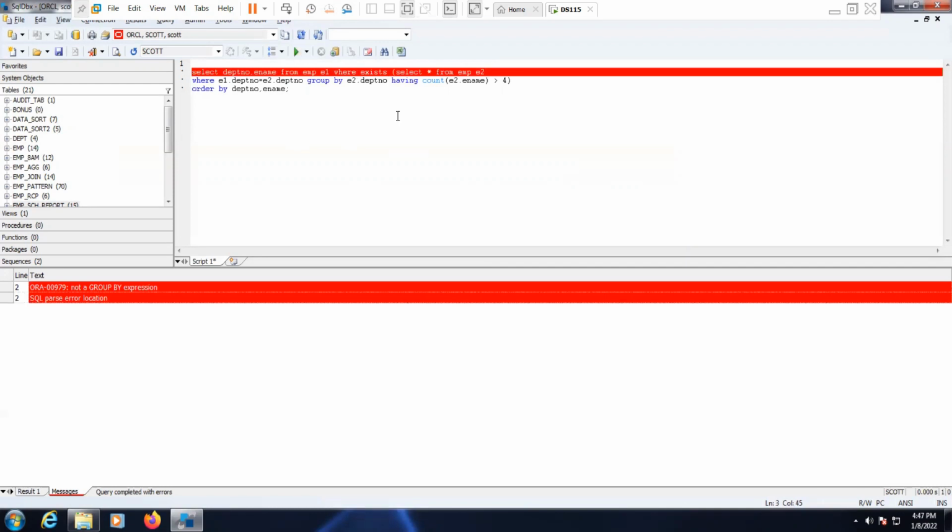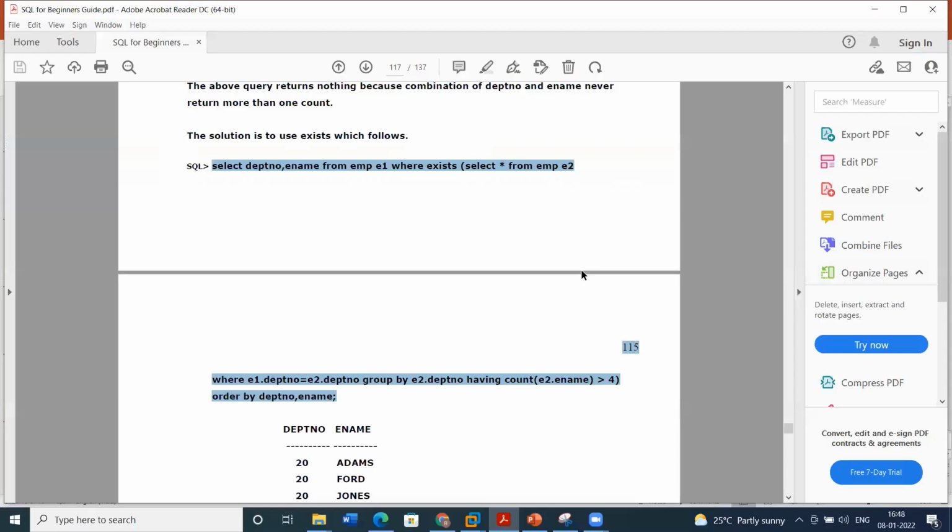So we have to provide the E2 name. Something is missing here: E2 where E1 group by department having count greater than.